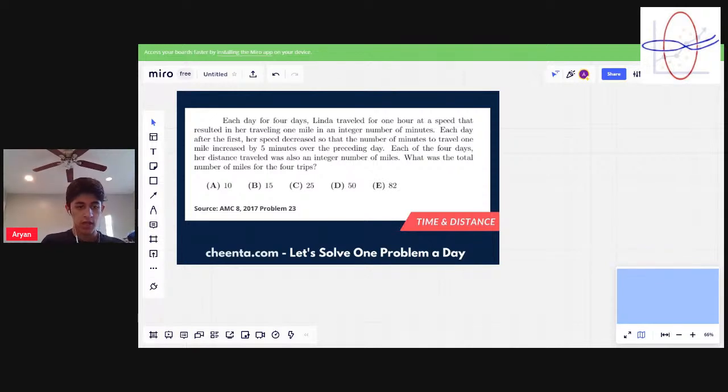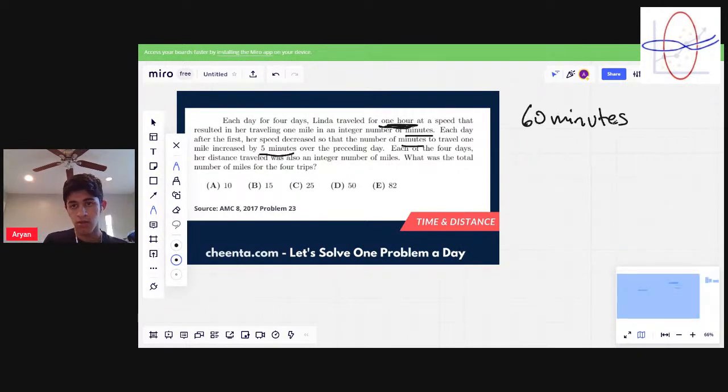Okay, so with a question like this, the very first thing is making sure you have your units synchronized, right? If we read here, we have 1 hour, but everywhere else we're talking minutes, 5 minutes. So let's convert this 1 hour to be 60 minutes. So Linda traveled for 60 minutes at a speed that resulted in her traveling 1 mile in an integer number of minutes. So let's say she travels X miles